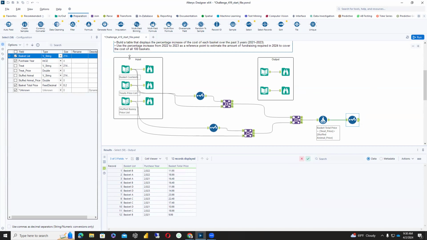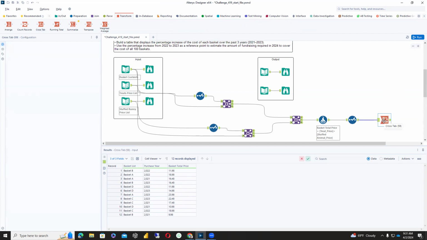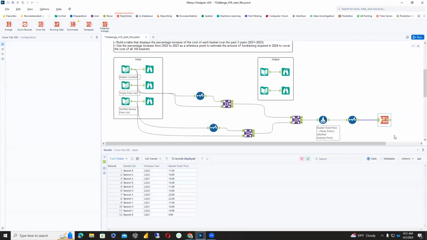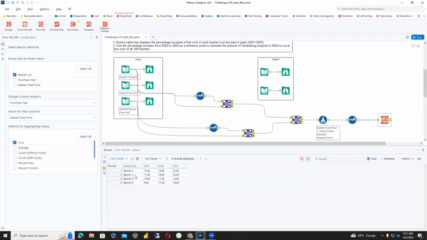Since our first job is to display the percentage increase of the cost of each basket over the 3 years, I am going to use my cross-tab tool. We're going to group the data by basket list. Column headers will be grabbed from the purchase year, and then values for each column will be basket total price. We just have to choose one kind of aggregation, so I'm going to choose the sum. When I run this data,